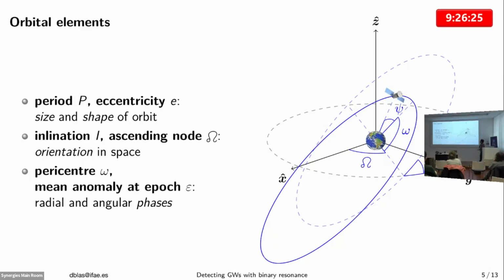So this is something that, again, doesn't happen in Newtonian dynamics. It's going to happen if the orbital motion is modified by a background. Finally, there is the pericenter, which is very well known because GR changes it. The mean anomaly at epoch, which in a sense we can forget about, because I always get confused how to explain it. So the idea is that there are these 6 integrals of motion in the Newtonian case that become dynamical in the case of a perturbation of the orbit.